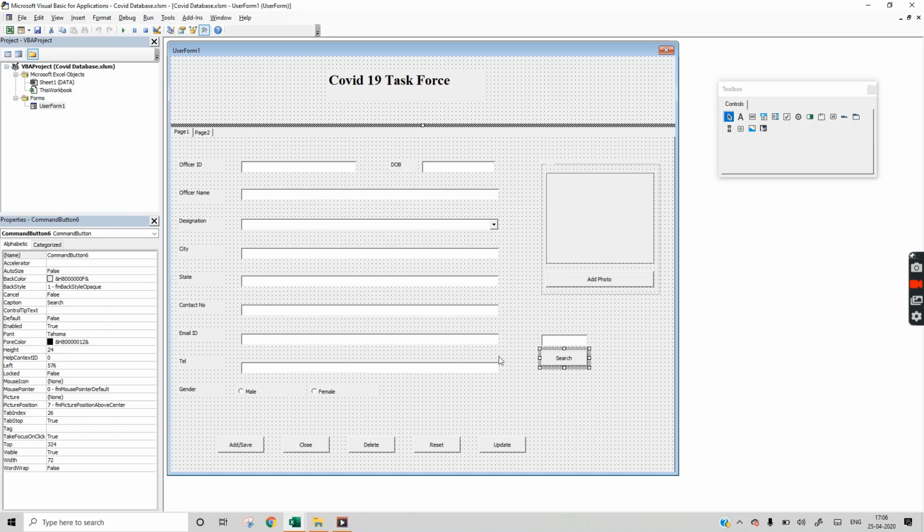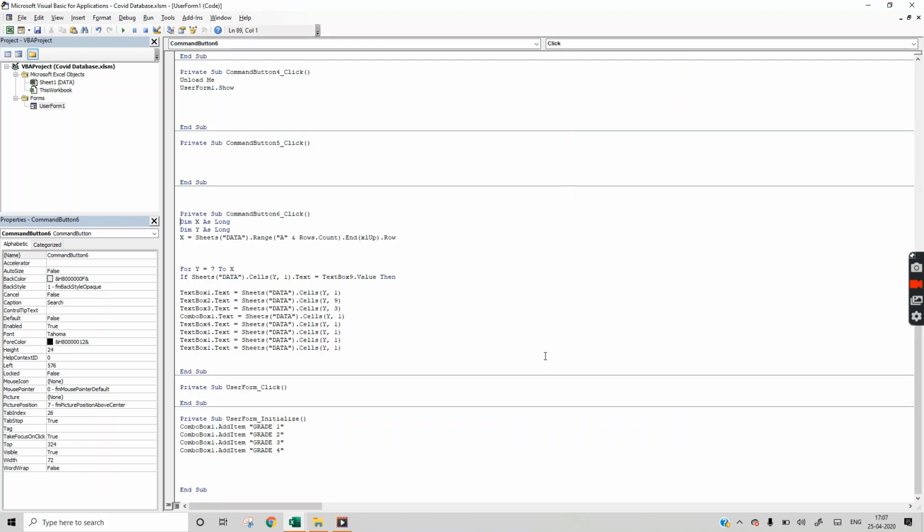City, state, contact number: 4, 5, 6, 7.